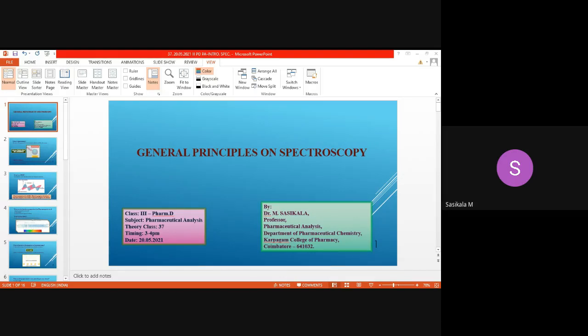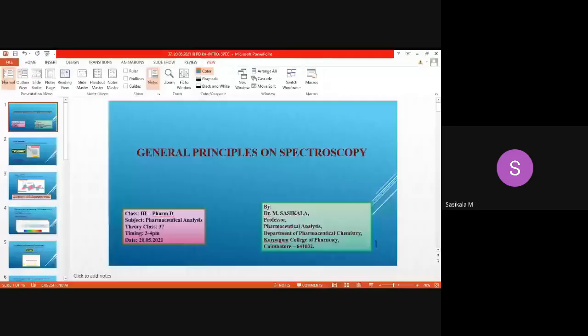Now let's move on to the second broad category of analytical methods, that is spectroscopic methods. Even if you want, you can write down class notes during the explanation. Don't depend only on the PPT. Whatever explanation I'm giving, try to write it in the class notebook as a class note, so it will be easy, mainly for spectroscopic techniques.